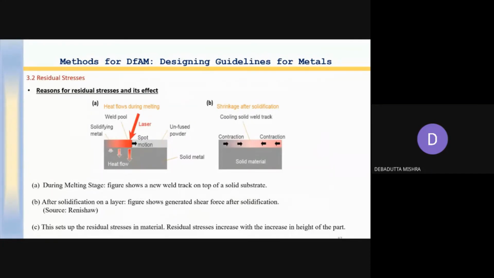Now, what is the residual stress? Now you can see at the bottom there is the substrate material, or the solid material. And when you start with the melt pool, one layer over the other layer, okay, there is a difference in stress. When this is being solidified, it shrinks, and due to the shrinkage, it can cause a shear stress. Here on the right-hand side, you can see the contraction from the side, and it can cause shear with respect to the other layer or the adjacent layer. And when this is being solidified, this remains as a residual stress.